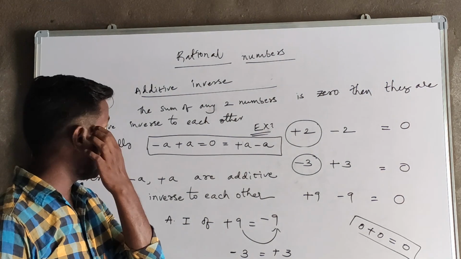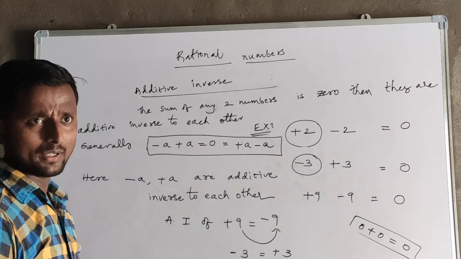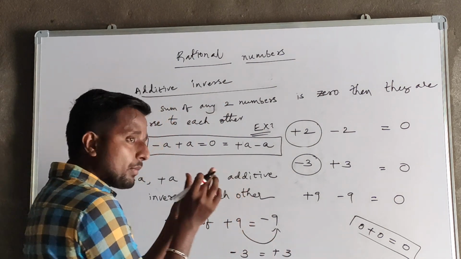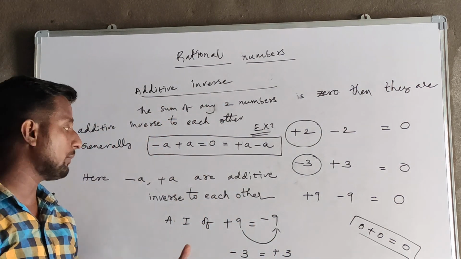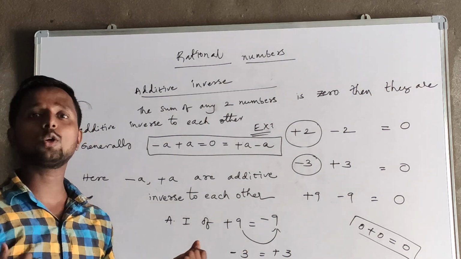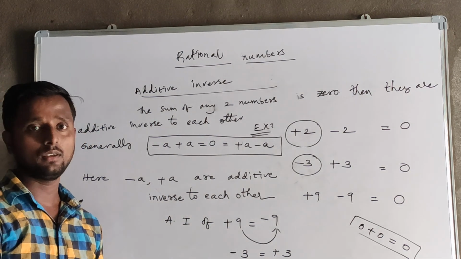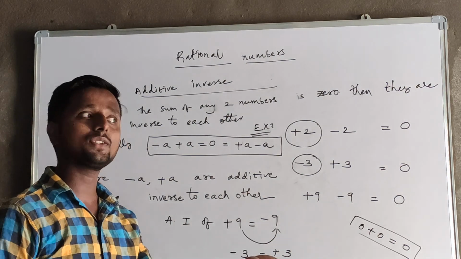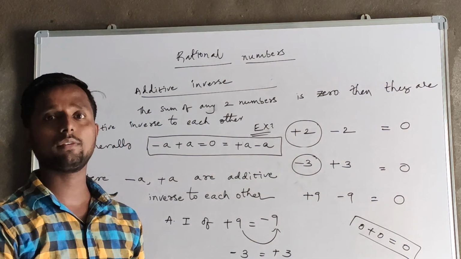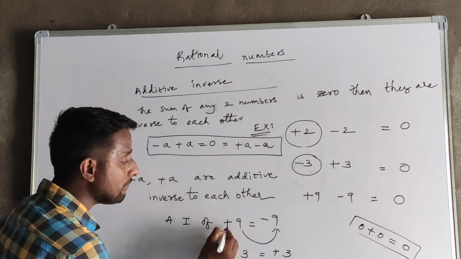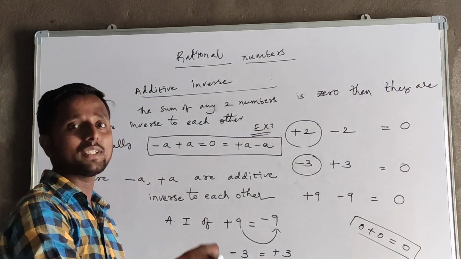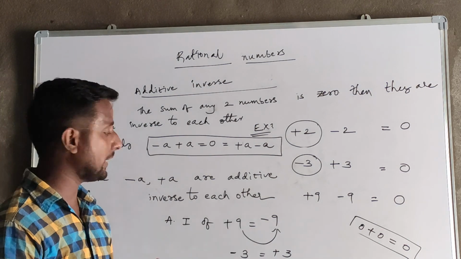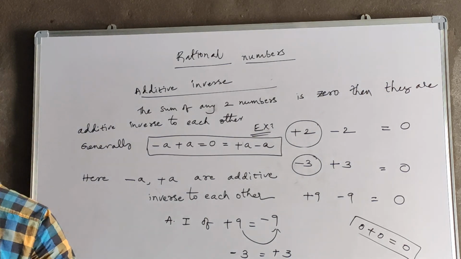Correct? Right? I hope you understand. Again, we will recall once. Additive inverse is nothing but two numbers whose sum makes 0. For example, if I take plus 9, to make it 0 we need the support of minus 9. If I take plus 3, we need minus 3. If we take minus 27, we need plus 27. That means the number will be the same, but we take the opposite sign. If you take plus, we take minus; if you take minus, we take plus. Correct? Right. That is about additive inverse.